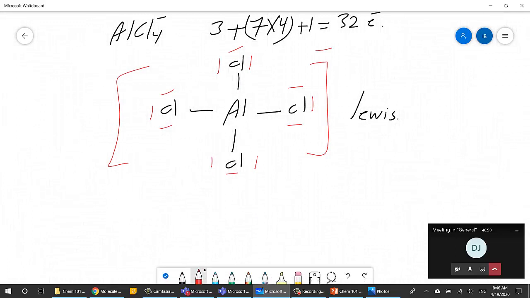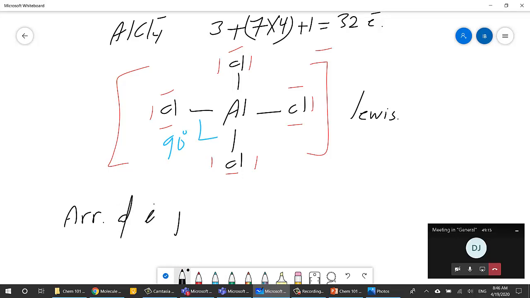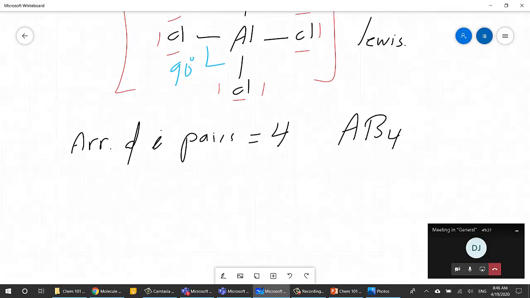Let's think now about the VSEPR structure. This is going to be a tetrahedral, by the way. So in Lewis, he is expecting an angle of 90 degrees. But this is wrong, because the arrangement of electron pairs here, or what we call the electronic geometry, is equal 4, because around aluminum there are 4 bonding pair of electrons. This is AB4 kind of a molecule, and we know this is a tetrahedral,